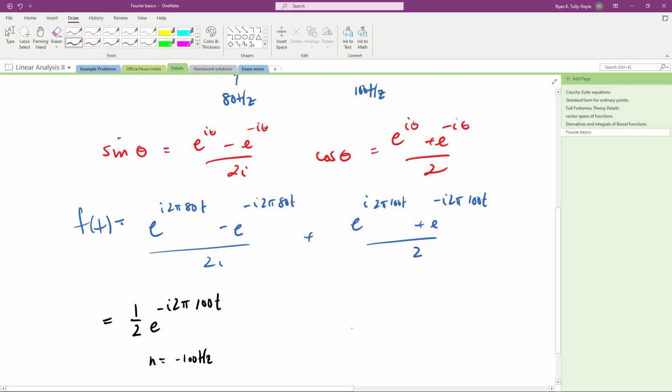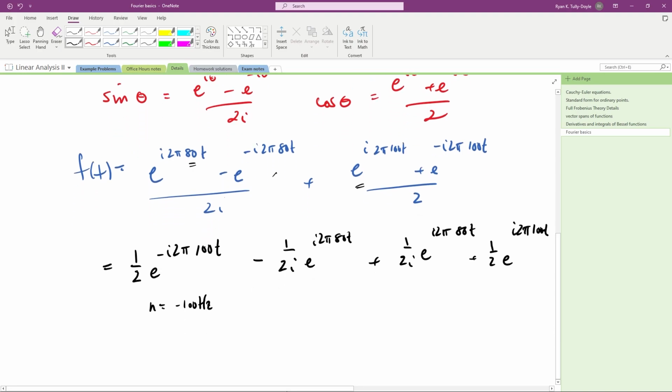Then you're going to have the term that goes with the negative 80 right here, minus 1/2i e to the minus i 2 pi 80t. Then we're going to have the 80 hertz term right here, 1/2i e to the i 2 pi 80t. And then finally the last term that we haven't done yet, which is 1/2 e to the i 2 pi 100t. So this is a Fourier representation, but it's not in the best possible form yet